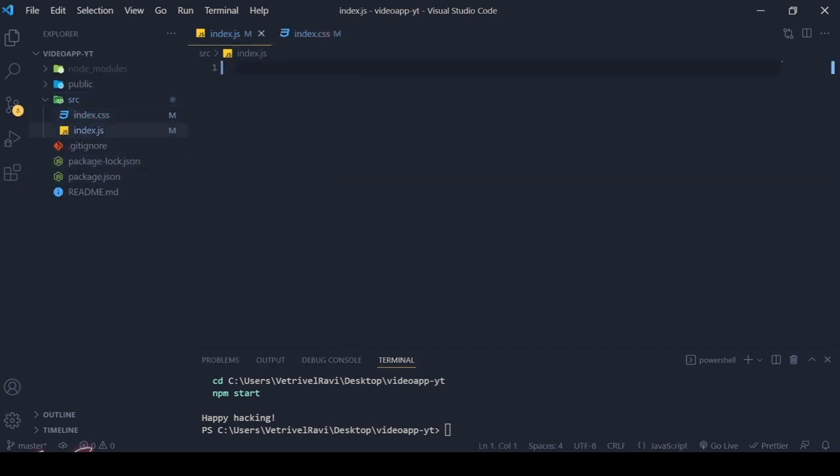Okay, so inside this index.js, we are going to add all the necessary things that we need to add. So let's import React from React. Okay, so this will add React. Then we need to add ReactDOM, where we are going to load all our components. So React DOM,